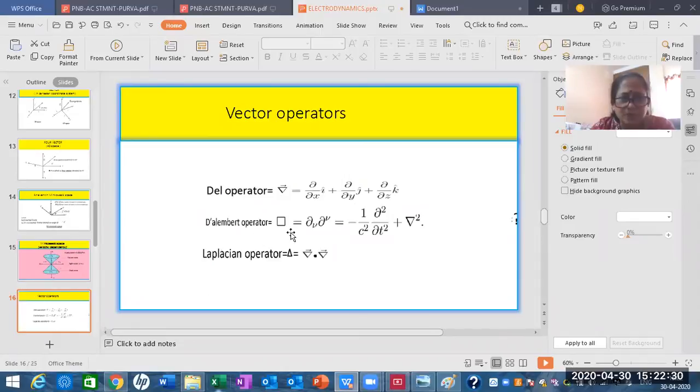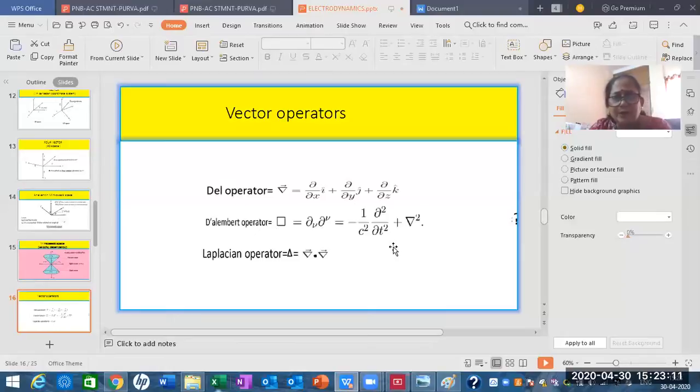So next was a four-dimensional operator. It is also called the D'Alembert operator. It is written in the differential notation this way. Yesterday I explained what is a covariant vector and what is a contravariant vector. A covariant vector supports the vector. A contravariant vector does not support; that means its effect is negative. It reduces the magnitude of the vector. The product of those two, taking the same vector once as covariant and the next time as contravariant, can also be defined as the D'Alembert operator.